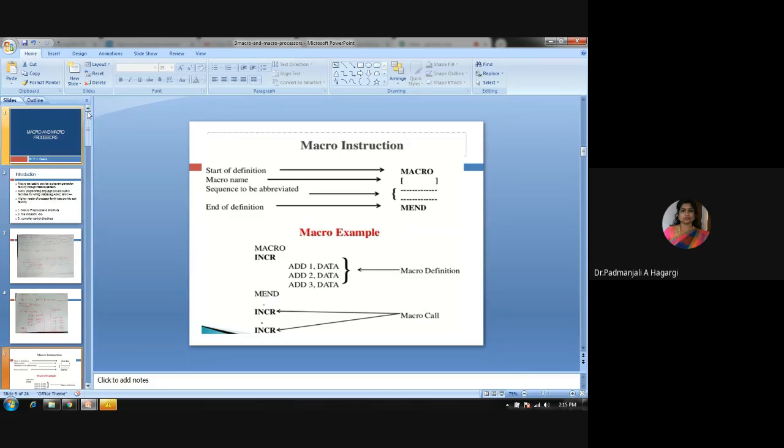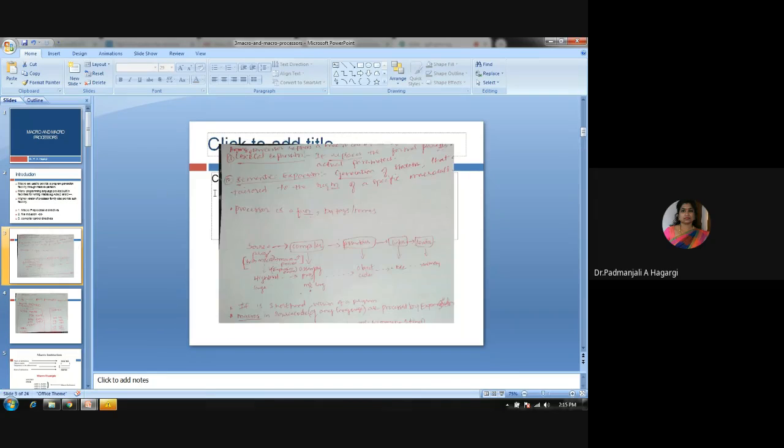And where is this macro processed? It is processed before the processing of the compiler, that is, it is in the source program itself and is processed by the macro processor.